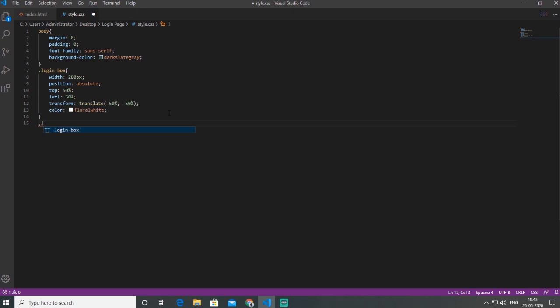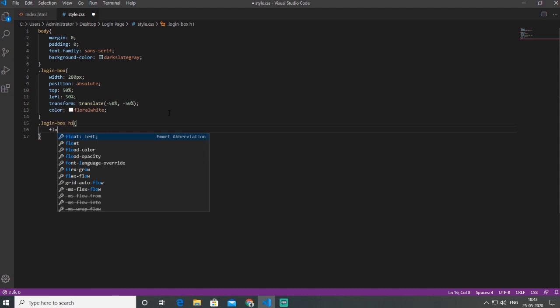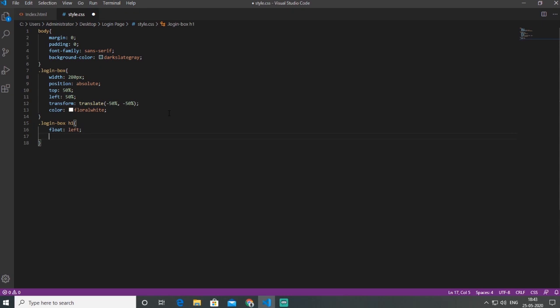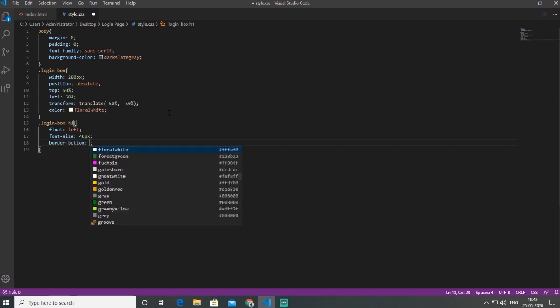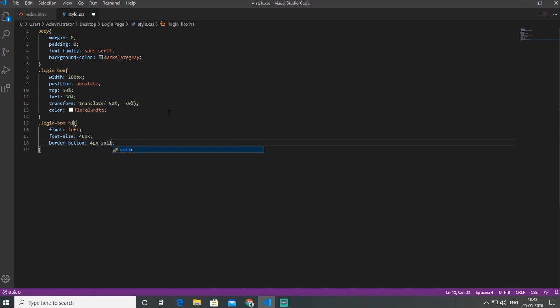So my class is login box, then H1, then I want float left, and font size will be 40 pixel. Border bottom 4 pixel solid